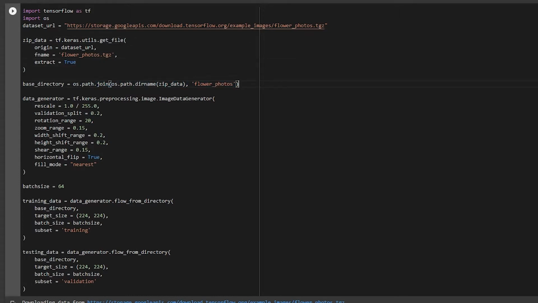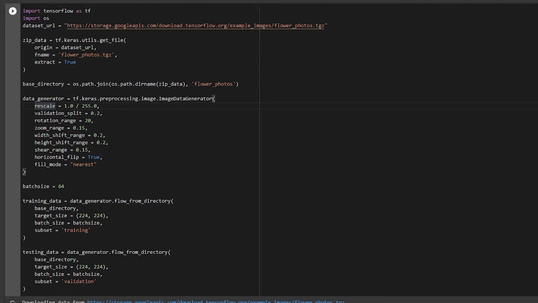Later on I'm using something known as ImageDataGenerator. This ImageDataGenerator helps me perform the data augmentation. I'm taking a variable known as data generator in which I am importing the ImageDataGenerator and I am performing some augmentation methodologies. I have already covered this in the earlier tutorials. If you don't know what augmentation is, please go and check it. It is the 7th tutorial.